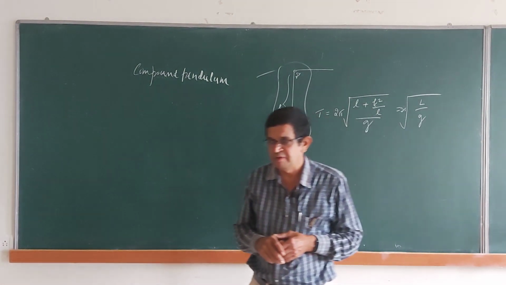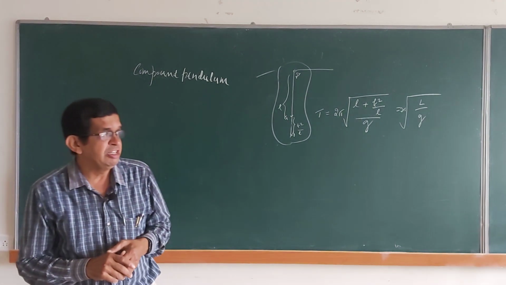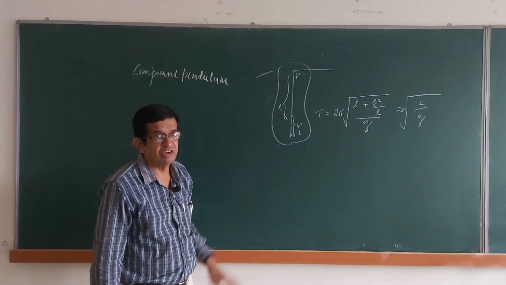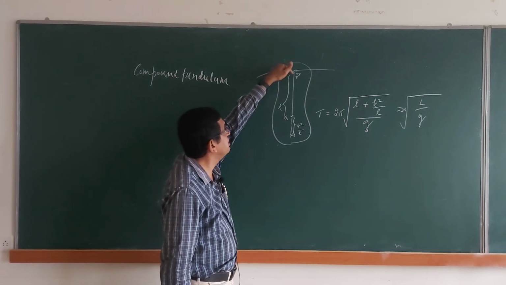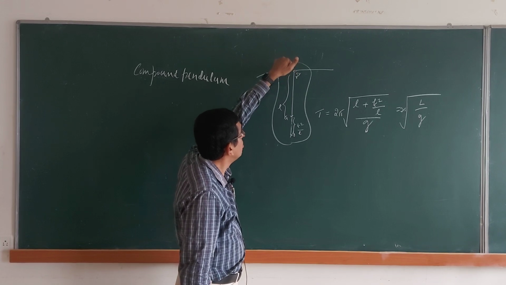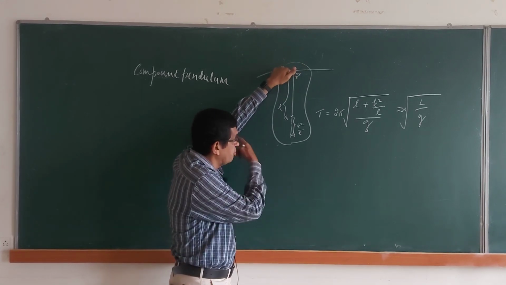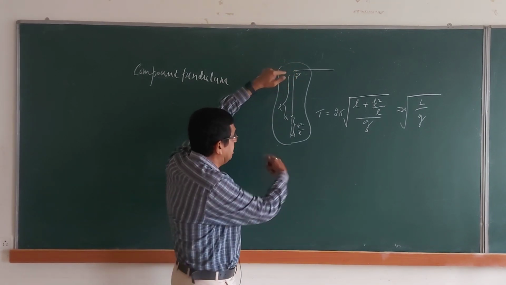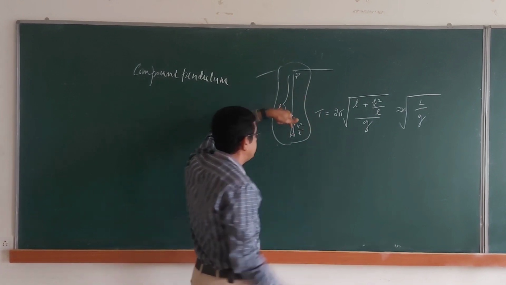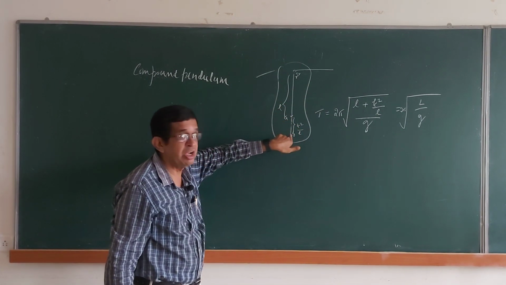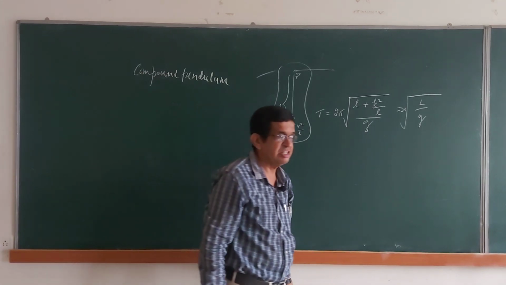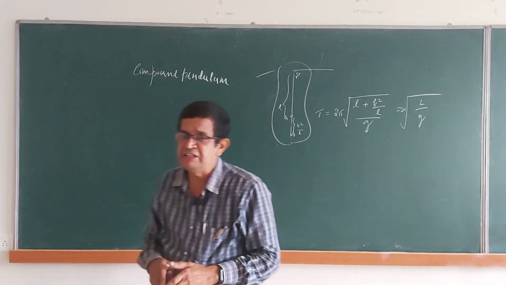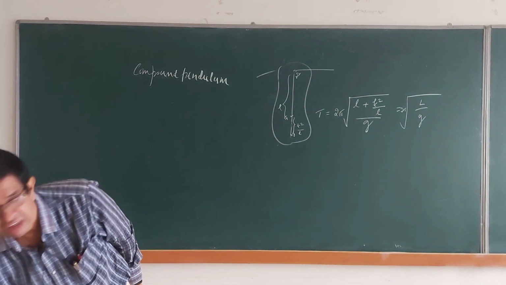What do you mean by the principle of interchangeability? You can interchange the center of suspension and the center of oscillation, and the time period does not change. Therefore, if we suspend the body at this point and make it oscillate, and note the time period as T1, and then we interchange, that is, reverse it and make the body oscillate with respect to this point O, and the period is T2, then T1 equals T2. One can interchange the center of suspension and the center of oscillation.